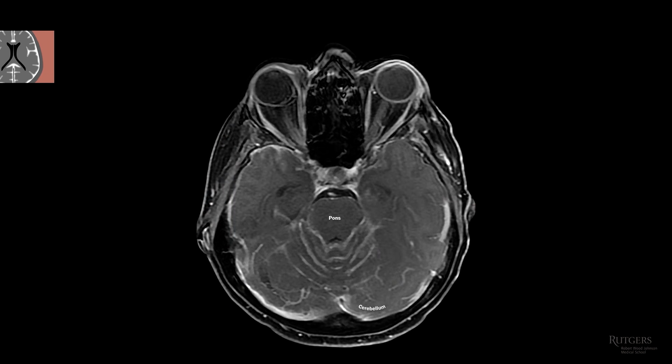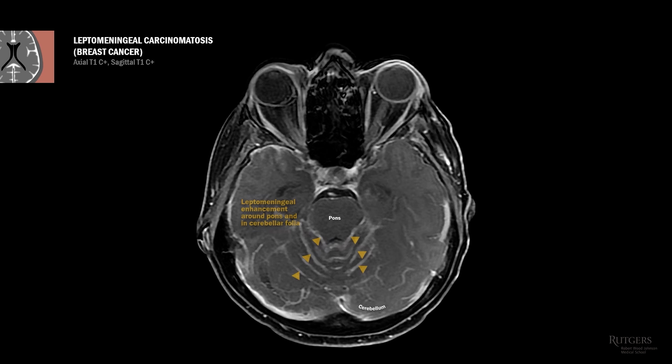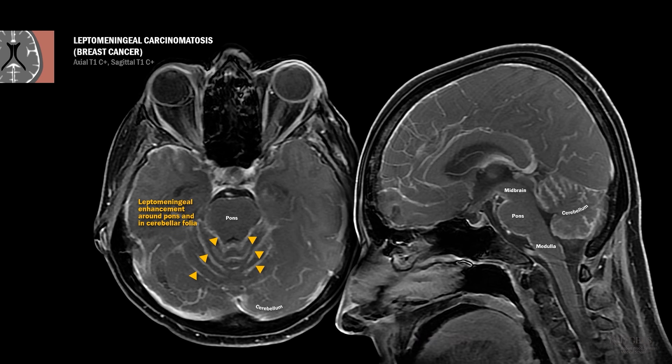This is yet another example of leptomeningeal invasion and enhancement, but this time by metastasis. You've seen an example of solid mass metastases at the gray-white junction. That's the more common location. Here, the tumor cells travel to the meninges. Leptomeningeal carcinomatosis, or carcinomatous meningitis, is a rare complication of advanced cancer, usually breast or lung, just like any metastasis. Notice the enhancement around the pons and the cerebellar folia, especially on the sagittal slice.